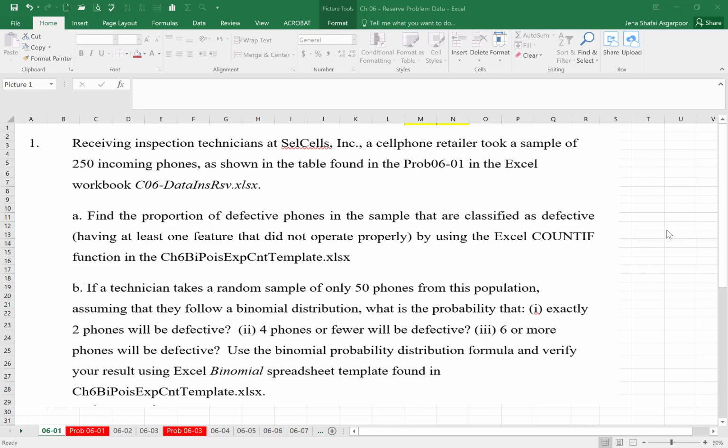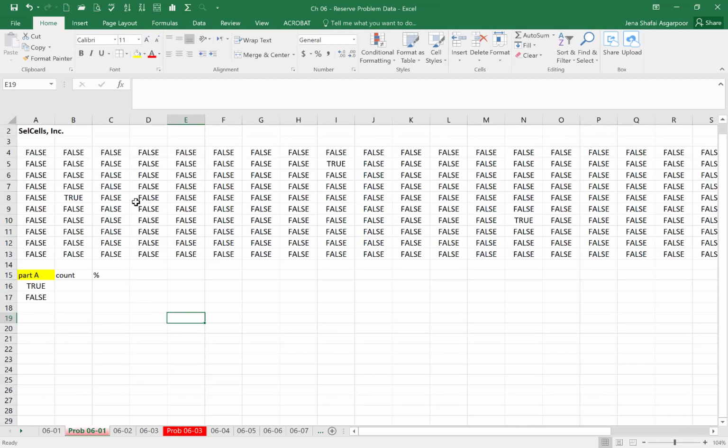In this problem, we are looking at the COUNTIF function to count the percentage of defects in a sample, and then later on we will use the binomial distribution to do the same type of analysis. So you can pause the video and read the problem, part A, but for now let's go to this